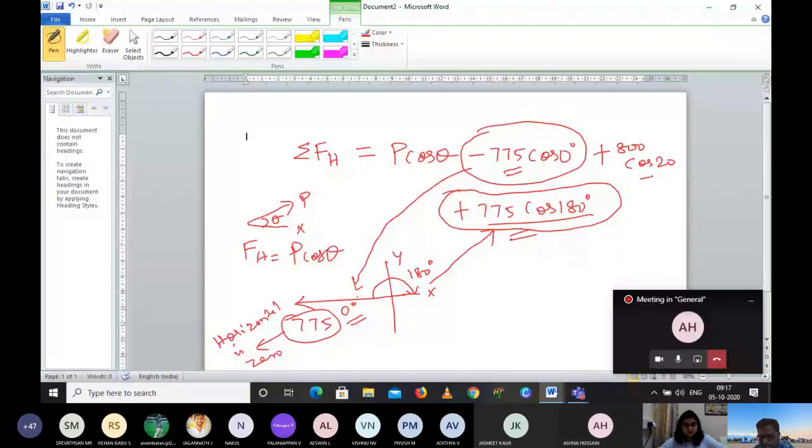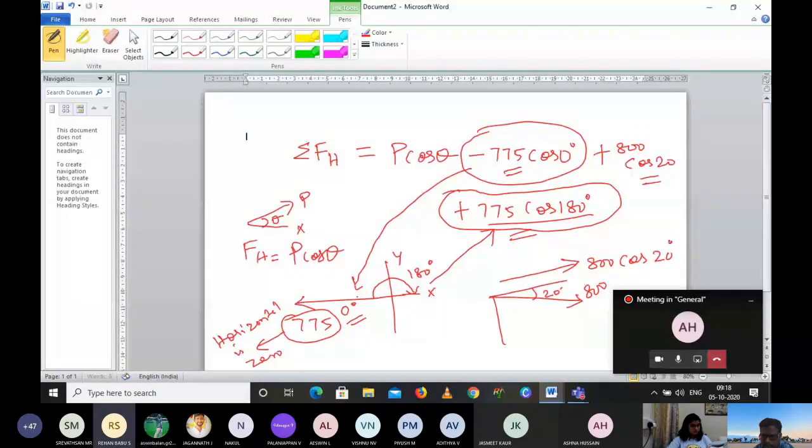So this one, 800 cos 20, is where the force is like this with the horizontal. Am I right? This is the force, right? 800. Obviously, when you are taking this, it will be 800 cos 20. Okay, we will wait for our friends to complete this. Is it correct or wrong? The 20 degrees should come down, sir. Oh, you are saying that I have given 20 degrees like this? I don't think so. In the fourth quadrant, sir.